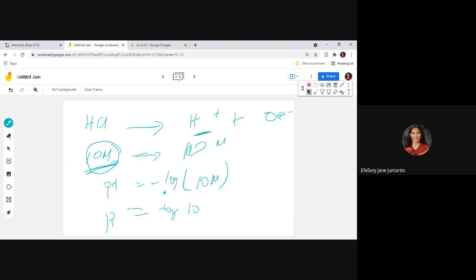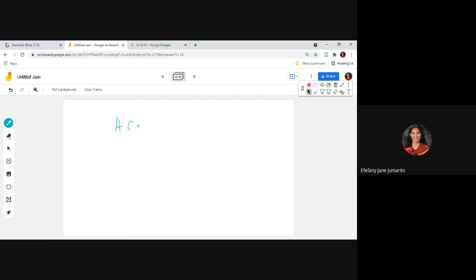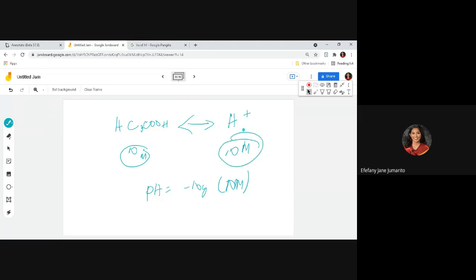Strong. Now, if we have a weak acid or weak base, dili na to na siya pwede i-assume. Di ta pwede nga og tagaan ta anig acetic acid nga 10 molar. Di ta maka-assume dayon na H plus nimo kay 10 molar dayon, then mo gamit din kag pH is equal to negative log of 10 molar. No. Because this is a weak acid. So it dissociates or it ionizes partially, meaning ang 10 molar nimo di na siya mahimong 10 molar H